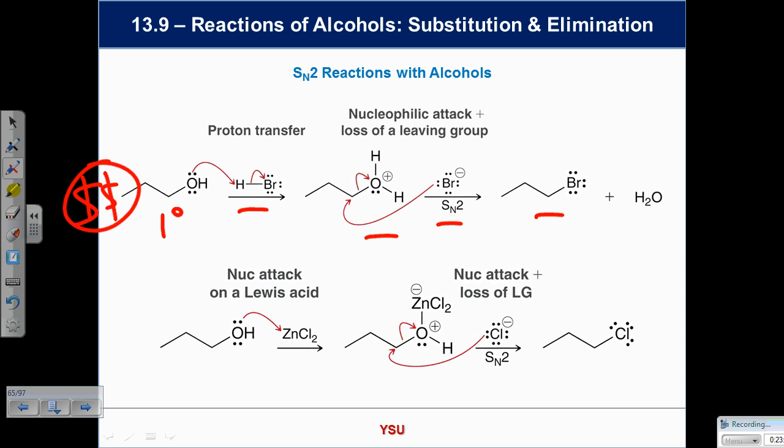A very useful method is this. Zinc chloride, in the presence of an alcohol, gives you an alkyl chloride. Chemically, not too much to it. Give me a phrase that describes what zinc chloride is behaving as there. Not necessarily a catalyst. What's it behaving as? What's it doing? It's accepting electrons. Let's think chemically. Electrophile is one way of saying it. What's another way of saying it? That's more sort of general. Lewis acid, absolutely. This is behaving as a Lewis acid,